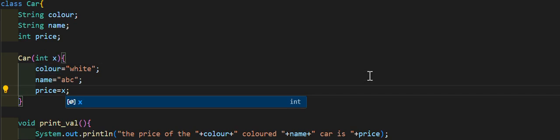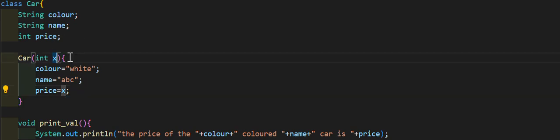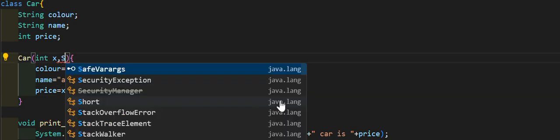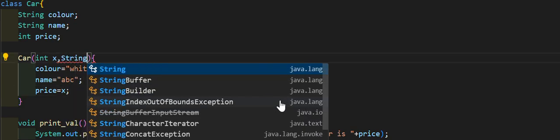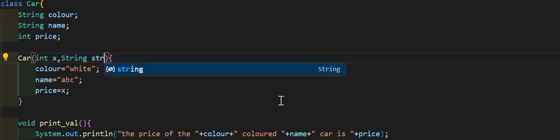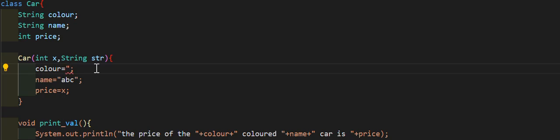I can give even more parameters over here. Right now, since I am explaining the basics, for your understanding purpose, I have only shown a single parameter. So I can also pass strings over here, like a string value of str maybe, and I can set the color to that particular string.